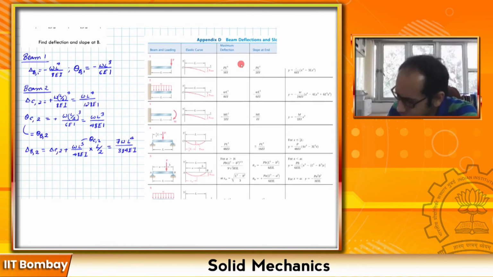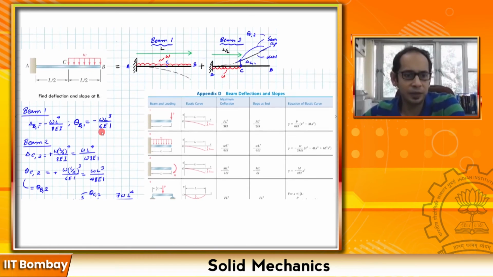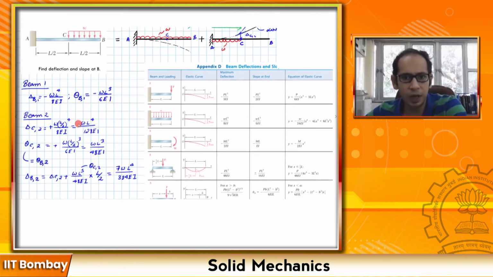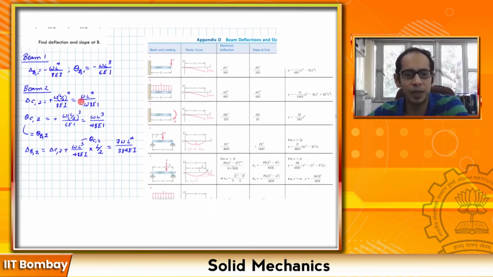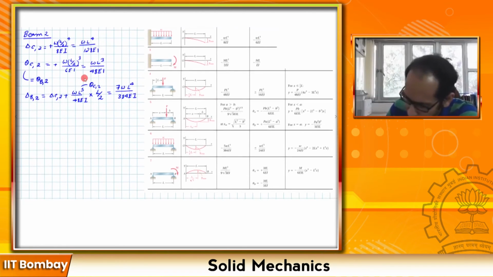So now what I have is that for both beam 1 as well as beam 2, at the point B, I have the delta for beam 1 and the theta for B1, and for beam 2 I have the delta at B2 and the theta at B2 over here. Now I simply need to add them to find the deflection and the slope at B. So if I go ahead and add them, the final answer comes out as